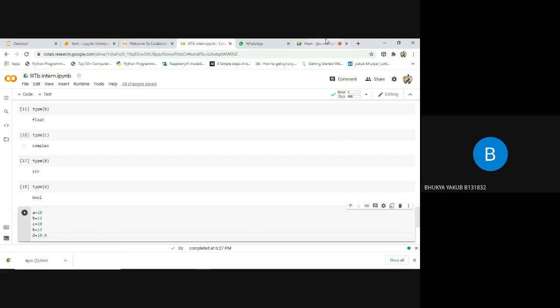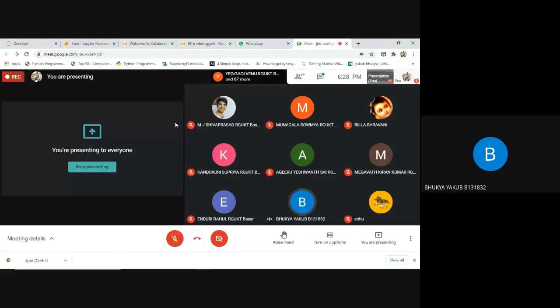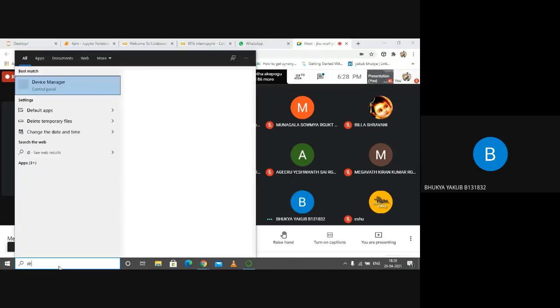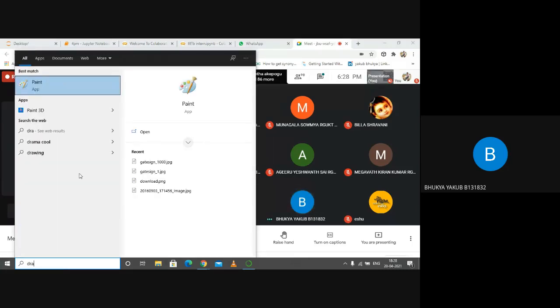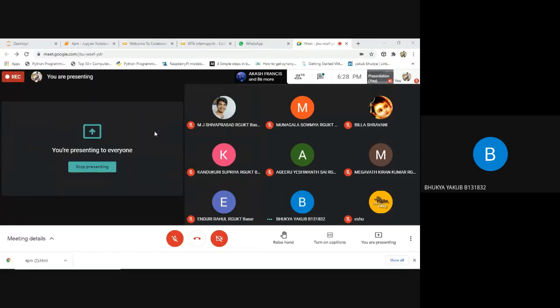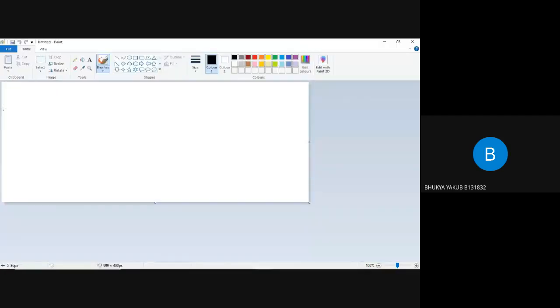For that, I'll take help of a drawing board. We'll see whether we are having any access here. No. I'll take my virtual drawing board, don't worry. I'll take help of Paint. See here, initially what we did: we said a equals 10.